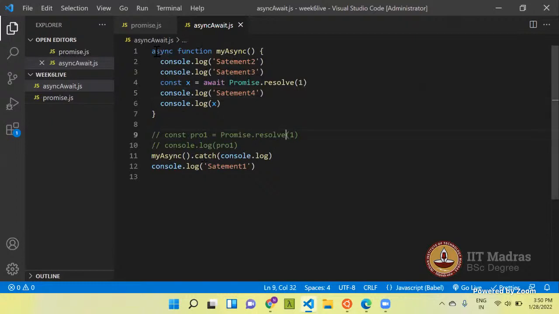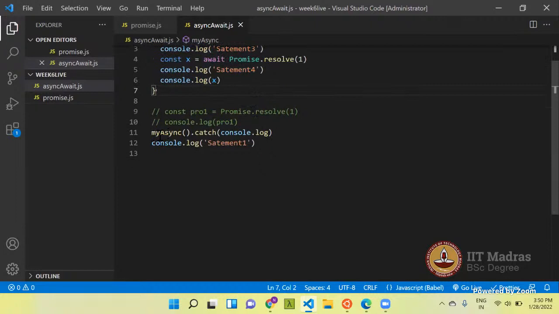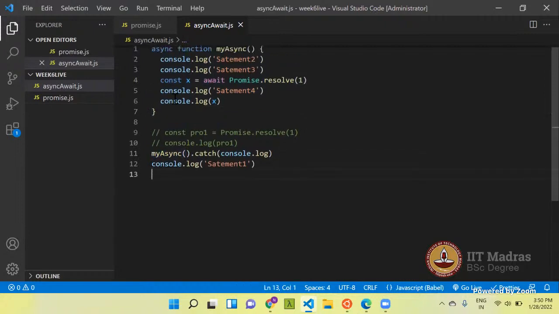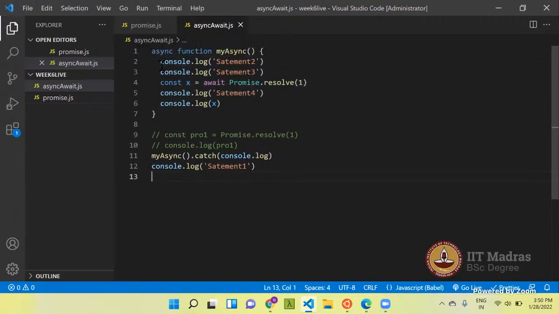This is the function definition. You need to trigger this function in order to execute whatever is inside it. So I am calling this function my async. The control will go inside this function, and until it encounters the await keyword, it will run synchronously.